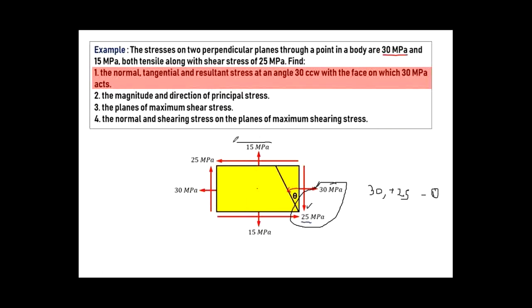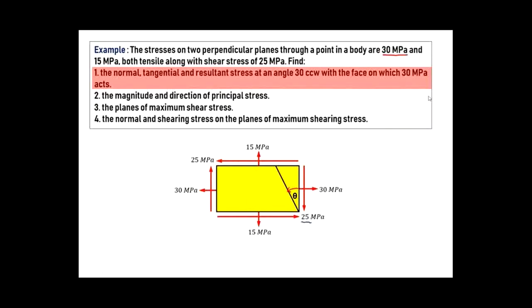Another point you have to mark is this one, that means 15. For this, it is going in the anti-clockwise direction, so that is why it is minus 25. That is the second point. First point is this one, another point is this one. Now consider that if this force is acting in the downward direction, you have to take it as minus 15.